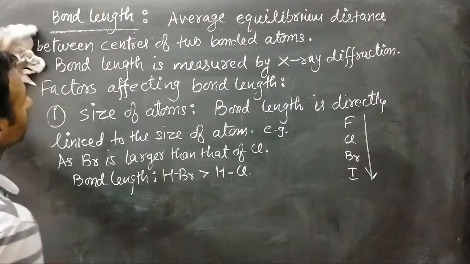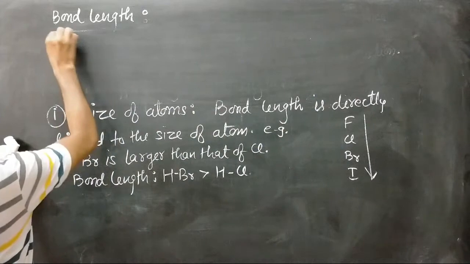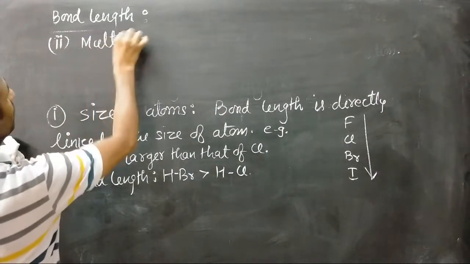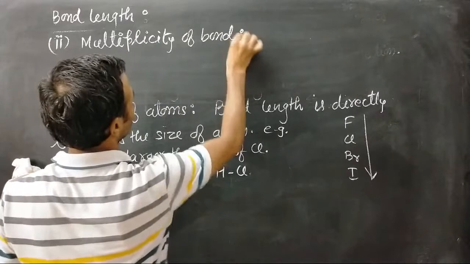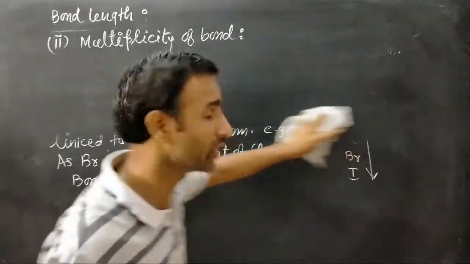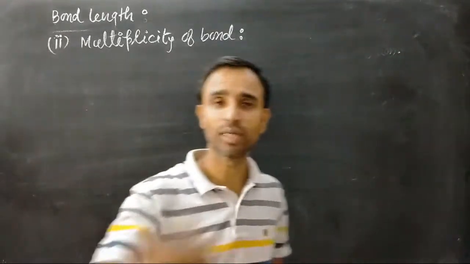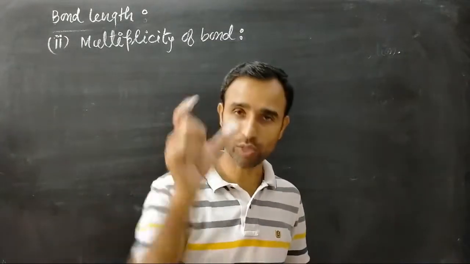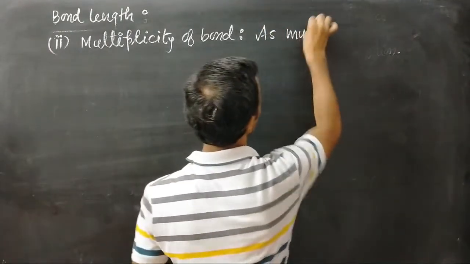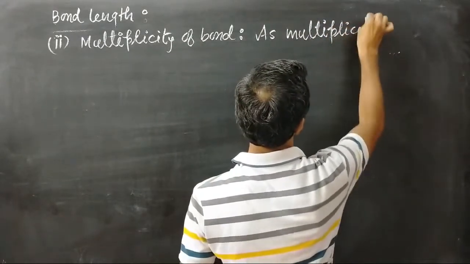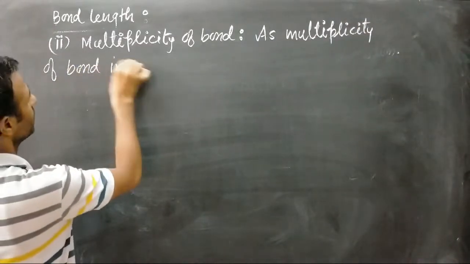Now, second, multiplicity of the bond. Second factor: multiplicity of bond. Tell me, what is the relation with the multiplicity of the bond? Multiplicity means multiple bonds between two atoms. Double, triple. So as the number of bonds between two atoms increases, multiplicity increases. As multiplicity of the bond increases,